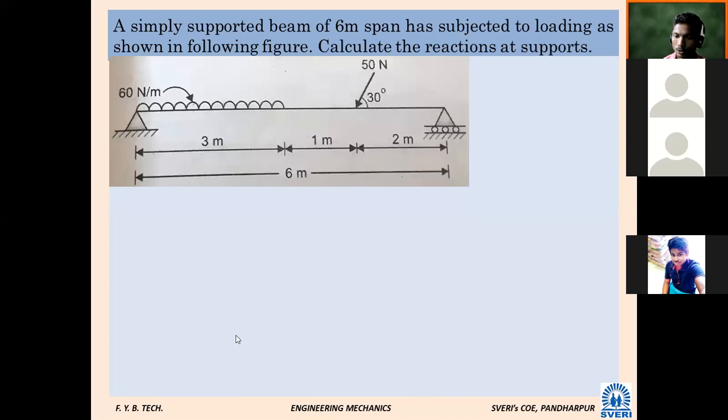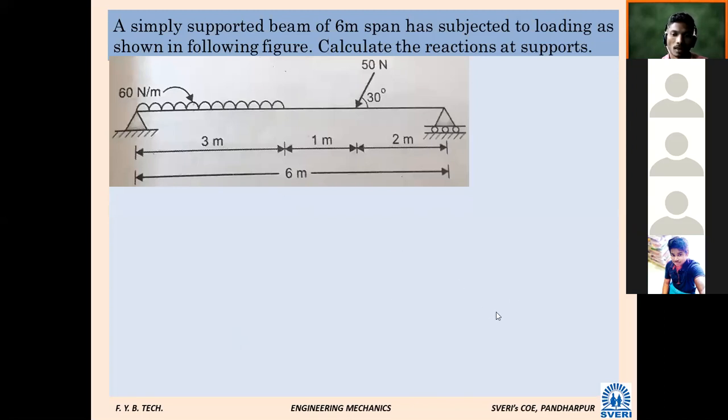Shall I give some hint, or will you solve it in two to three minutes? I will try first, sir. Okay, you can try. I am going to ask randomly. Try to solve this problem. RA, RB equal to